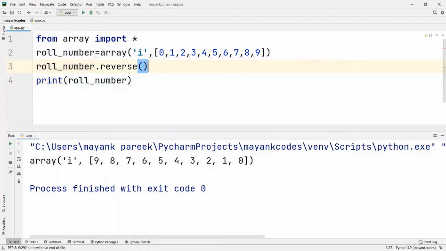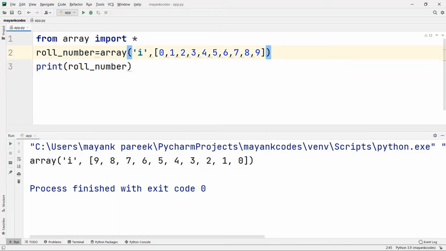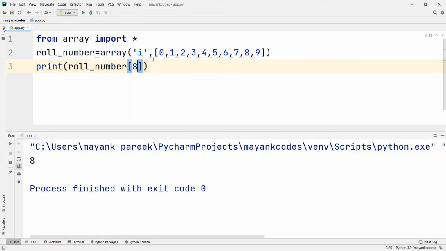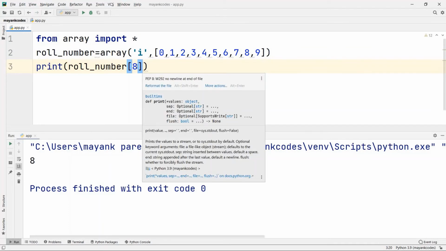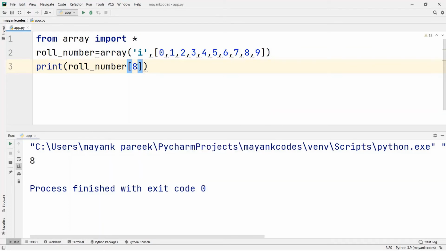That's amazing. Now let's try to do something else as well. Let me think about what we can do in this. We should print elements by our own methods, like we should call elements. Let me say index number 8. If I want to call something at index number 8, I'll get 8. But what if I want to print all the values one by one? Like I want to print 0, then 1, then 2, then 3, then 4, till 9. So what I will do